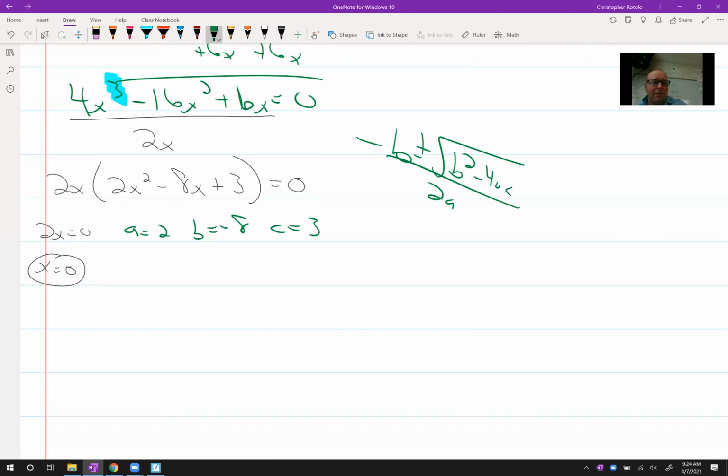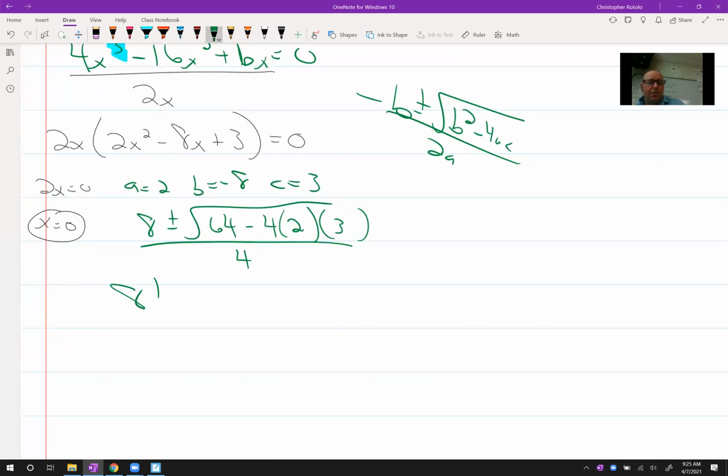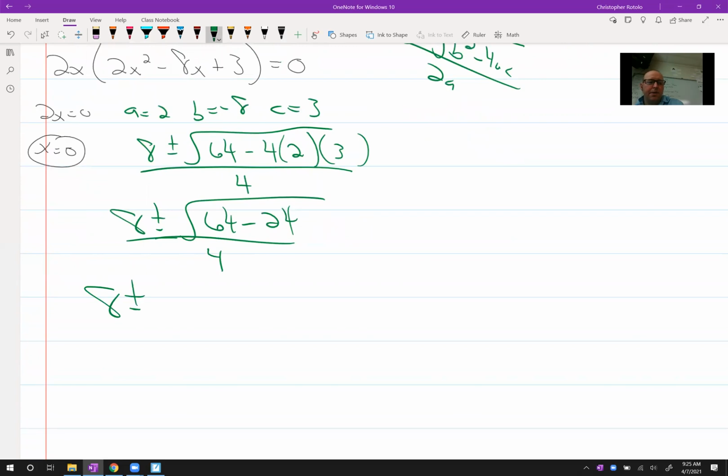So negative, negative. So we get 8 plus or minus. Negative 8 times negative 8 is 64 minus 4 times A times C. And it's all over 2 times A. So 2 times 2 is 4. So 8 plus or minus 64. I see one negative sign. Okay, so I need 8 times 3 is 24, and it's over 4. Whole thing. 8 plus or minus. Let's see, we're going to take out the 4, so we're at 40